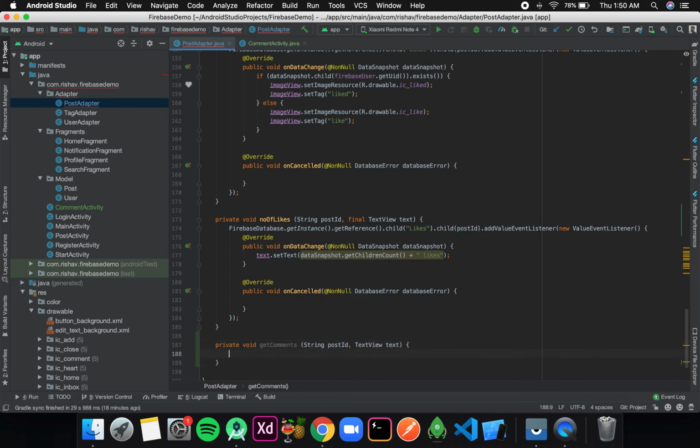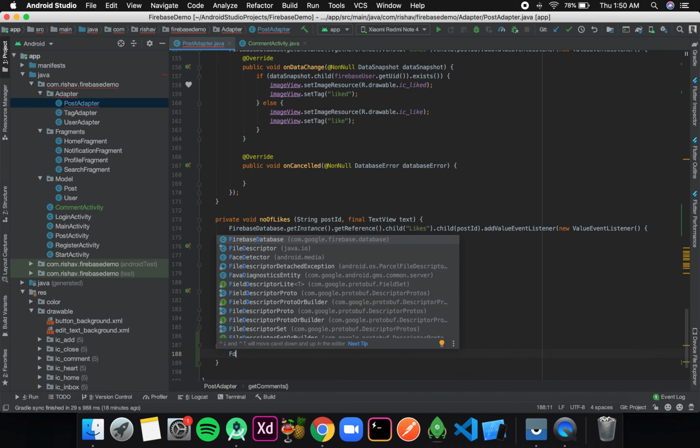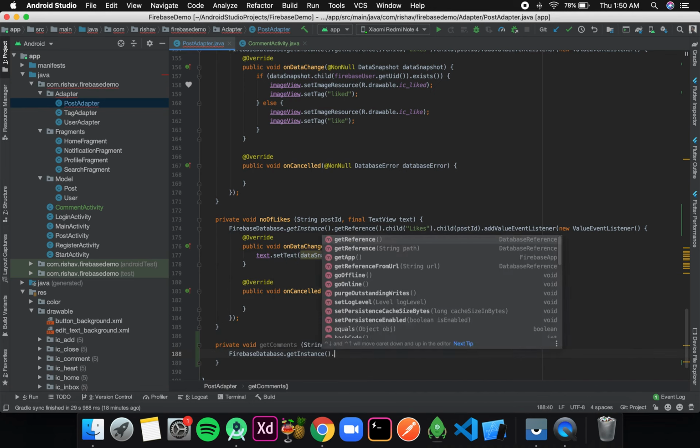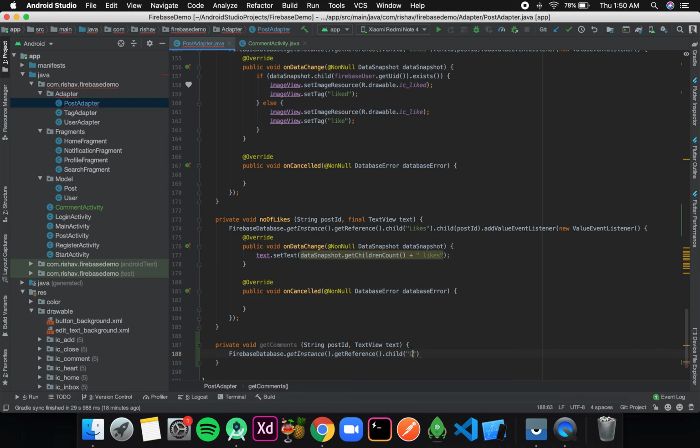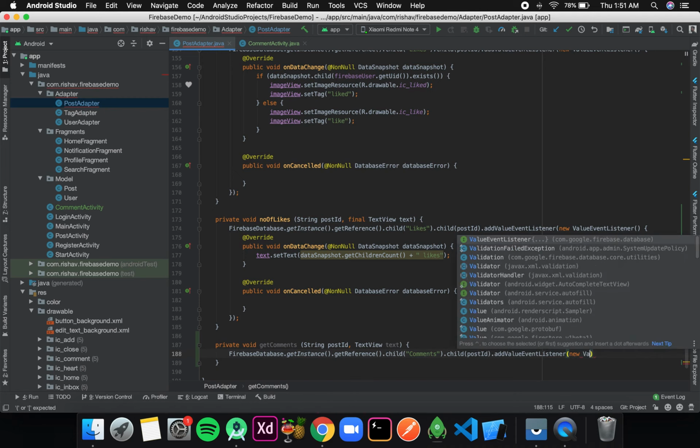Then inside again I'll query my database, Firebase database dot get instance dot get reference dot child comments, the branch that we just created in our comments activity, dot child the post id. Then into that we will add a new value event listener.